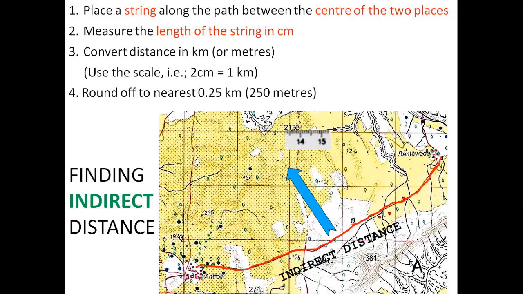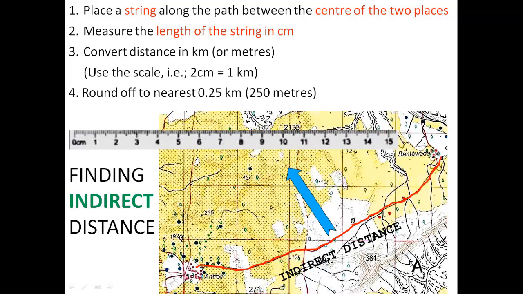Now bring the thread along the scale. As you can see, the map distance between Antroli and Bhantewada along the cart track measures 13.7. You cannot write 13.7 directly. You have to convert this 13.7 into ground distance. Now 13.7 divided by 2 equals 6.85